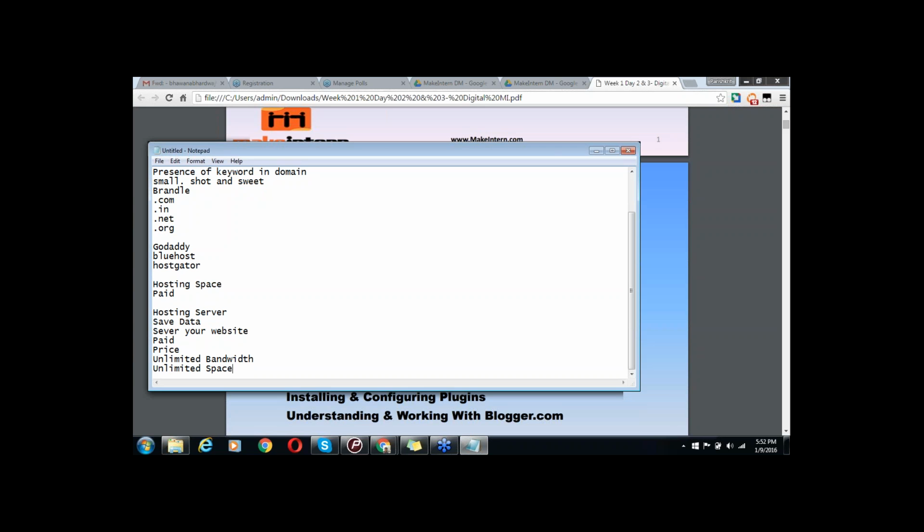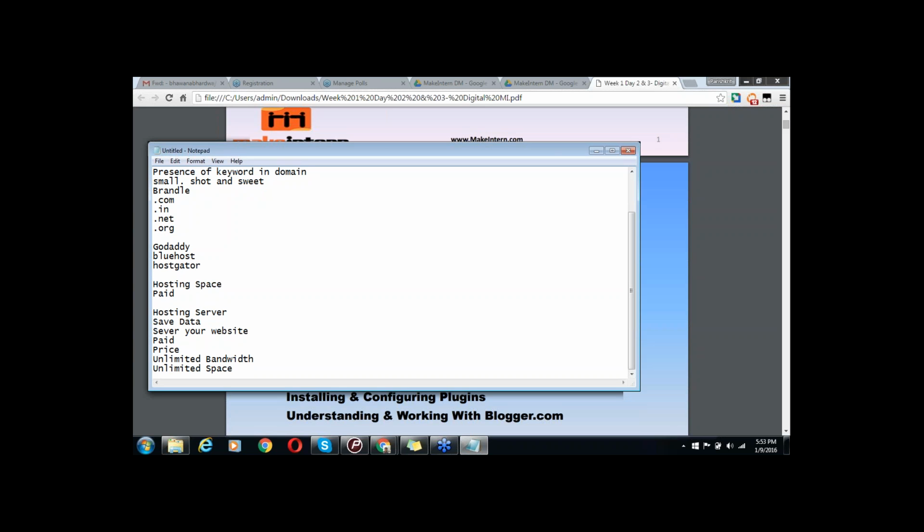You must go for unlimited bandwidth, unlimited space. So all these unlimited features, unlimited disk space, exactly, Prakash, right? These unlimited features have some small star mark. When you go and buy these unlimited features, they will have a small star mark. When you exceed the limit, they will ask you to upgrade your server requirement or upgrade your server resources. You have to pay extra for that. But initially, to get started with,